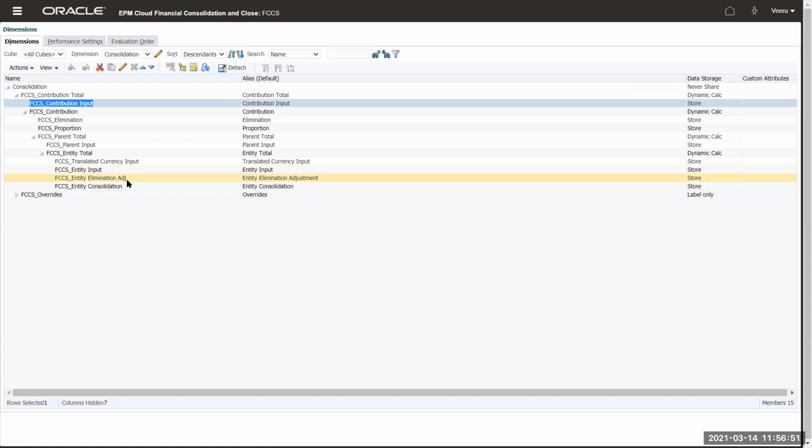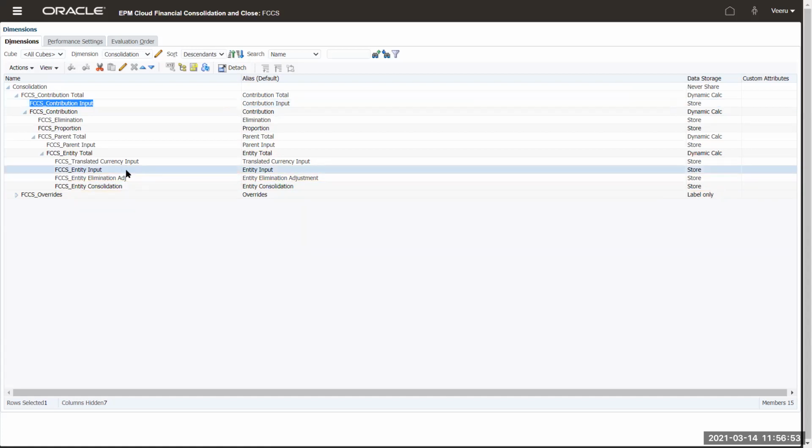And you usually enter your data at the entity input level. And the system uses the other members to calculate your eliminations, proportions, and then the contribution total.